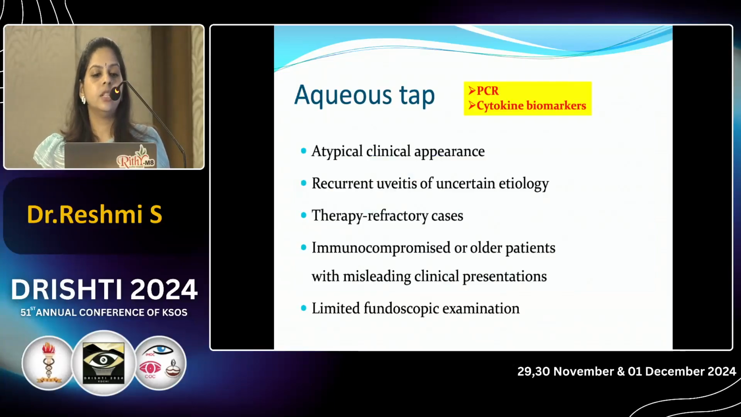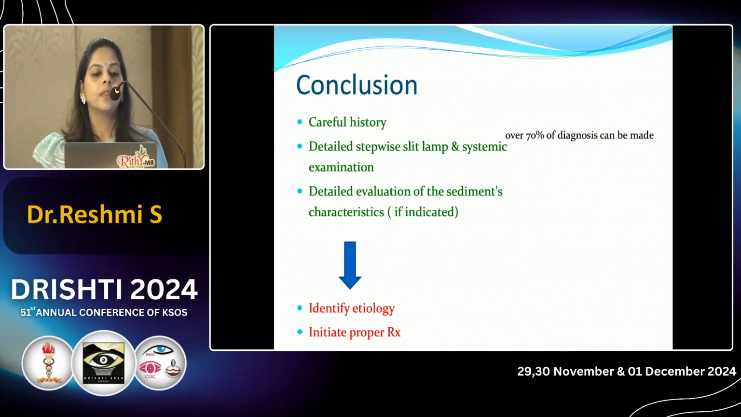So in some patients, we may need to go for an aqueous tap to check for the PCR and cytokine biomarkers. The indications include atypical clinical appearance, recurrent uveitis of uncertain etiology, therapy refractory cases, immunocompromised or older patients, limited fundoscopic examination. So to conclude, a careful history taking, detailed stepwise slit lamp and systemic examination can help in 70%